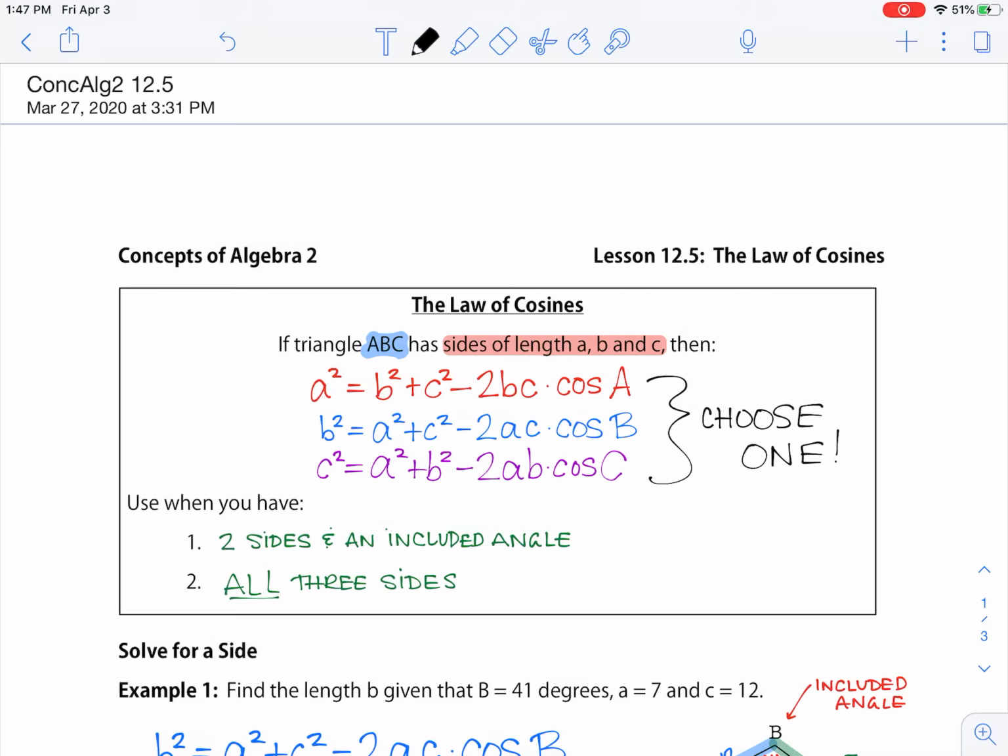So this is part 2 of our law of cosines notes. If you haven't watched part 1 yet, make sure to watch that first. It's law of cosines, finding sides. So today we're going to do the second page of these notes, which are going to help us find the